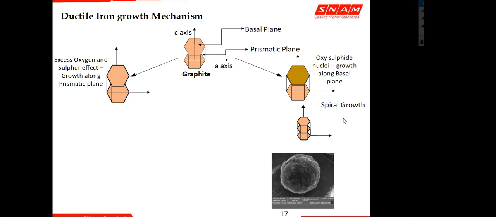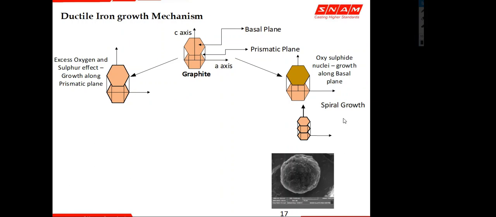So it has got the graphite and excess oxygen and sulfur. The culprits are excess oxygen and sulfur. When you have more treatment violence, we told we will be getting more oxygen. And when your metal is held for a long time, you get more oxygen and sulfur. And if your scrap material or your input materials have these impurities in them, it will start giving more oxygen and sulfur. When you hold the metal for longer time in your furnace, you start getting more oxygen. Sulfur comes out of your charge materials like your coke, your pig iron, your returns, or your scrap, which to some extent can contain sulfur.